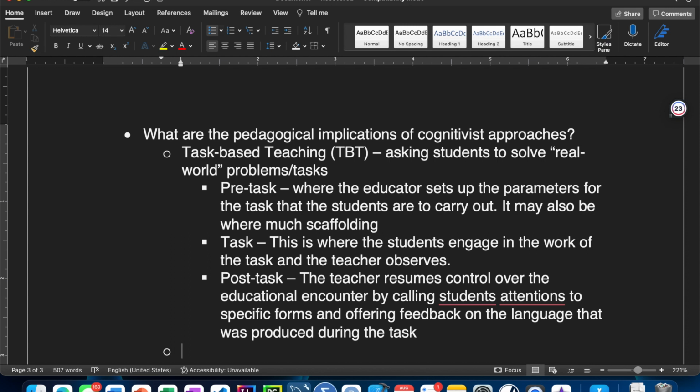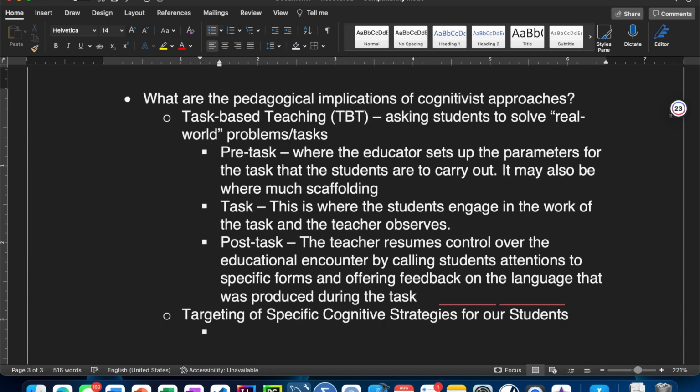Now, beyond this specific pedagogical framework, there are a number of strategies that are often targeted during instructional intervention, right? So we'll often target specific cognitive strategies for our students. The attempt here is to either model how to use these strategies to address new language tasks, or to give students practice with them. And we'll change that for now to say learning strategies, because we're going to break these down into 3 different categories. There are metacognitive strategies,